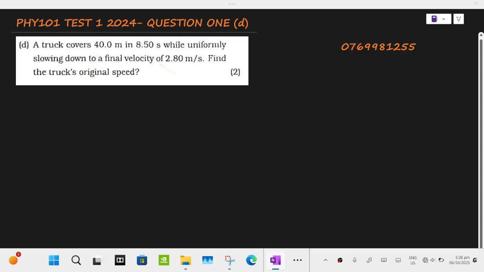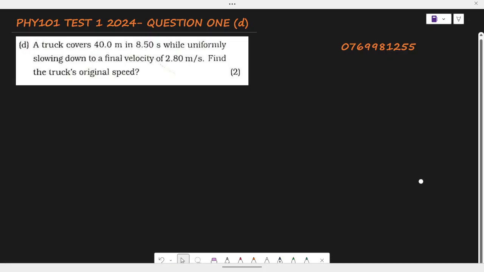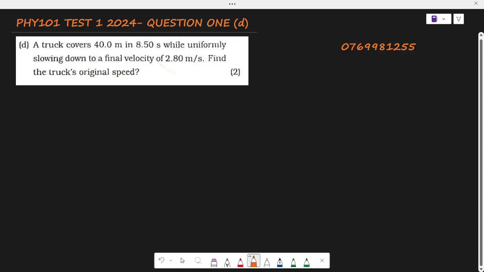We're looking at question 1D of the 2024 test 1 paper. In this question, we're being given a track which is in motion. So this track is moving. Okay, not a very good artist. So this track is moving, and we know that for a given period of time, and this period is 8.5